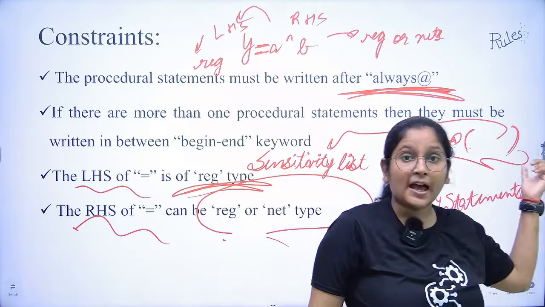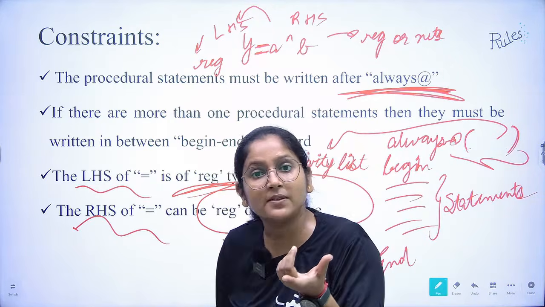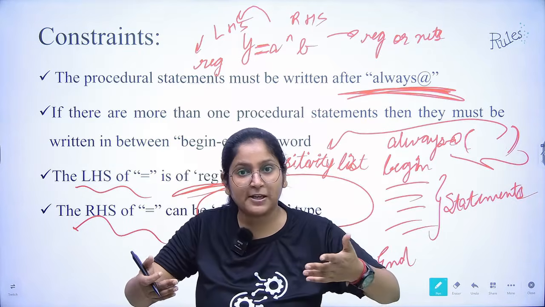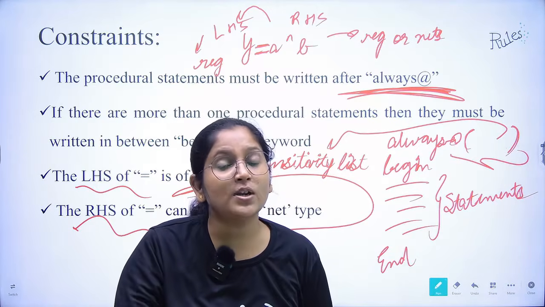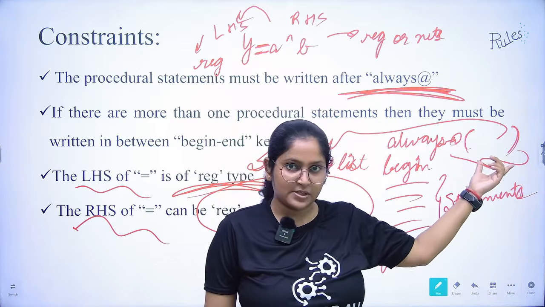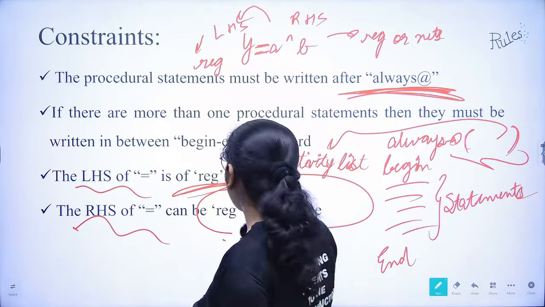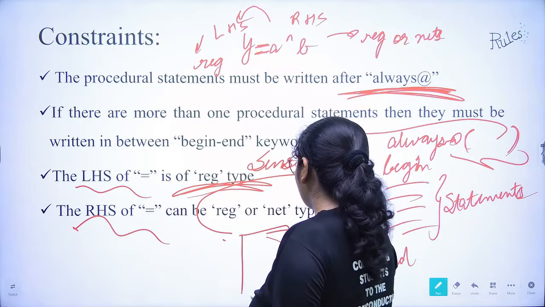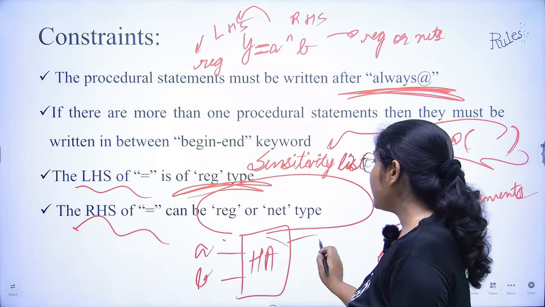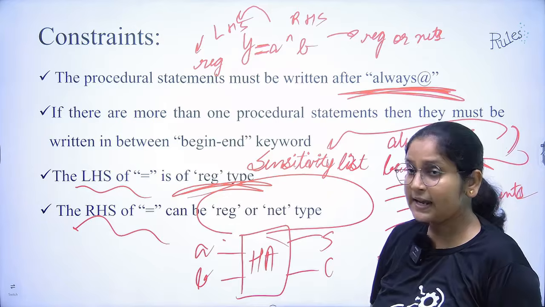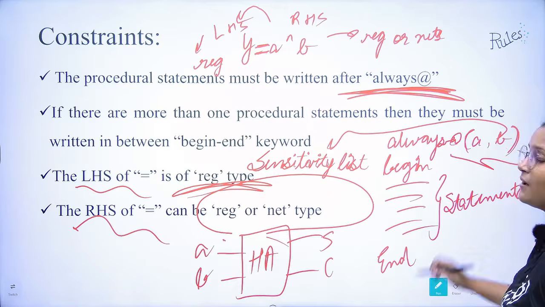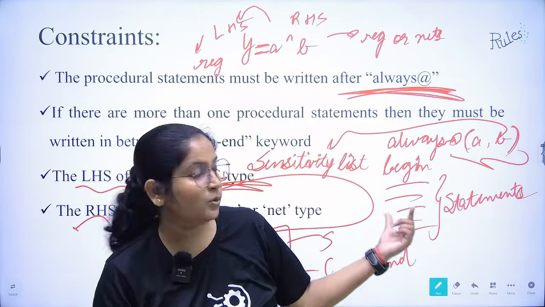What do we write here? We write whatever inputs are responsible for a device, which change with respect to time, and those changes our device has to monitor with respect to output. So we write all those inputs here. Suppose I talk about the half adder, I guess everybody remembers the half adder structure. It has inputs A and B, and outputs sum and carry. So the inputs here are A comma B. You can write it this way.